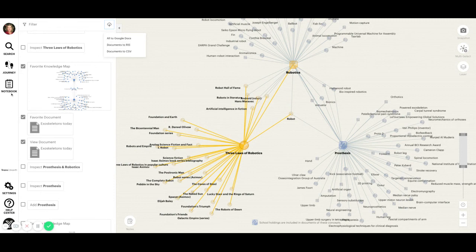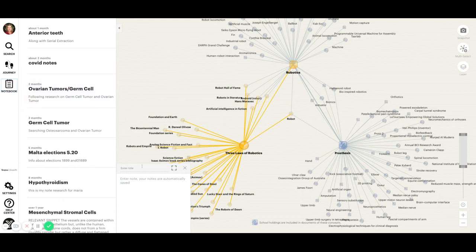If you have any notes you want to take, you can take that with a notebook, and you can enter a note here, and it will be saved in your journey. And then we also have a help center. And the help center will take you to a variety of videos about Discover, and there'll be help sheets and all sorts of other information that might be helpful to you. And finally,